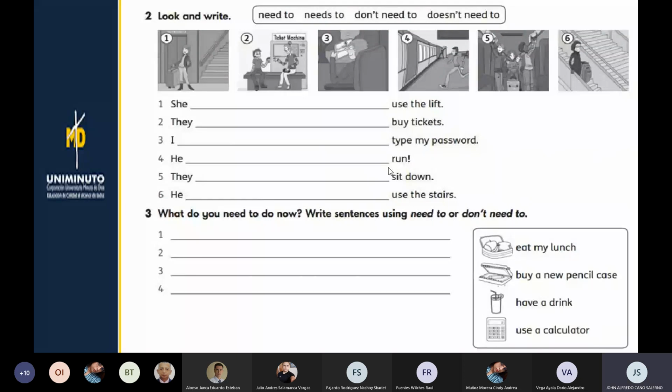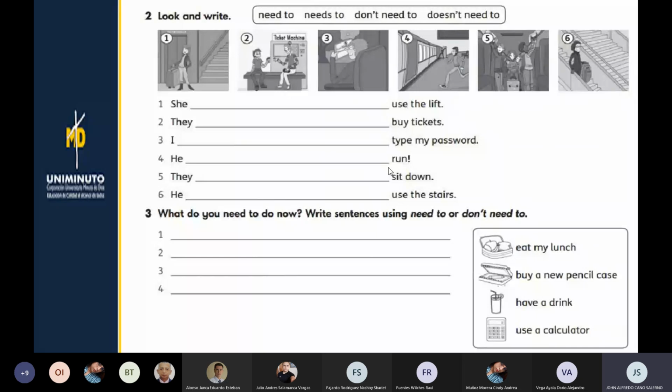She don't or she doesn't? She doesn't. She doesn't need to. Por ser tercera persona, ¿sí? Sí, exacto. Pero en la tercera persona en positivo solo va con s. En negativo, vea que en la parte superior dice doesn't need to. No va con s el verbo. ¿Listo? Para que lo tengan presente.